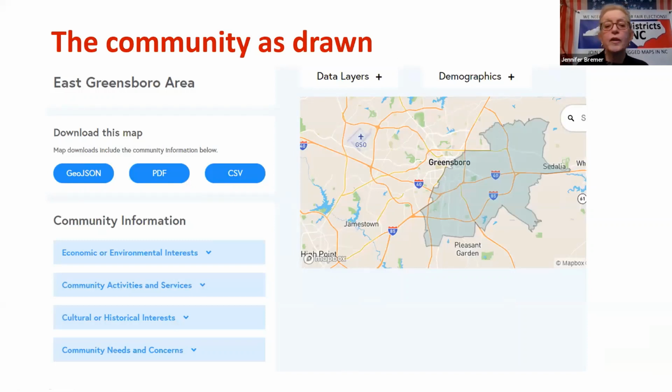Yeah, sure. So this is the community that I drew using the same steps that you just saw in the video. And one of the things that I kind of grappled with was, how large do I want to make this? And that's one of the things that you can decide as you're making the maps. If you want it to be a really tight, concise area, you can do that, or you can do a larger area.